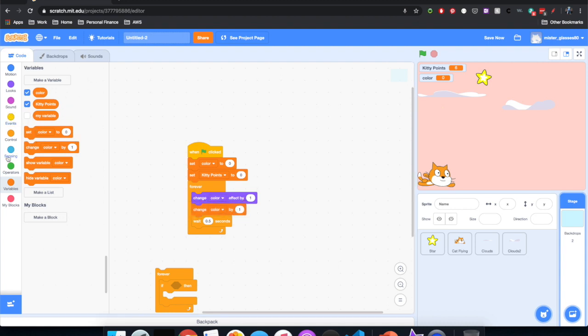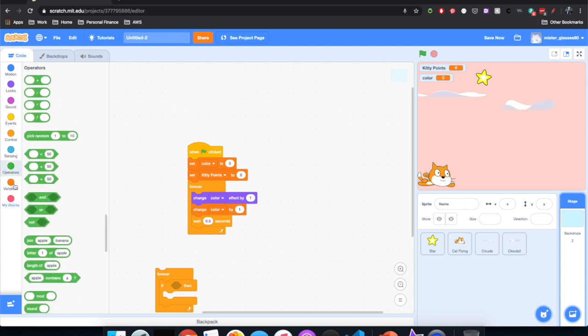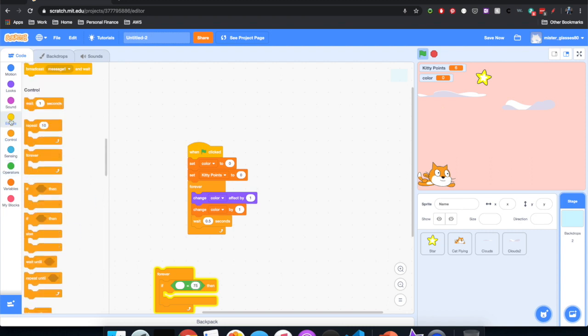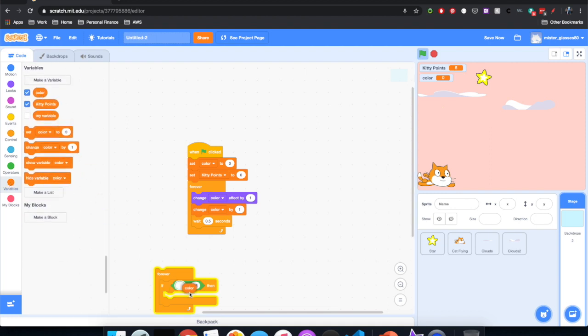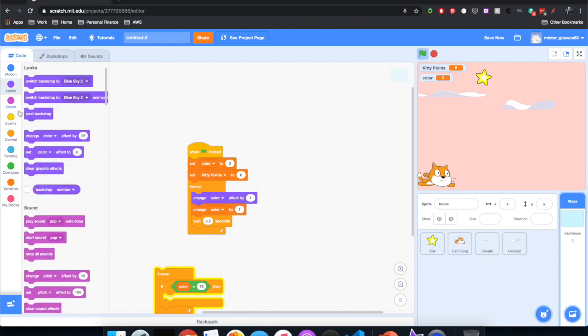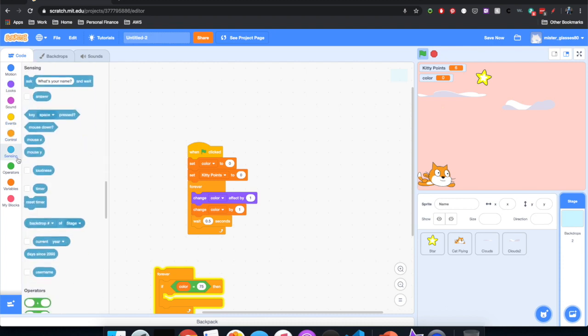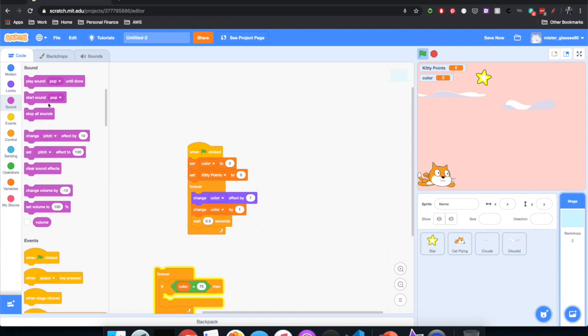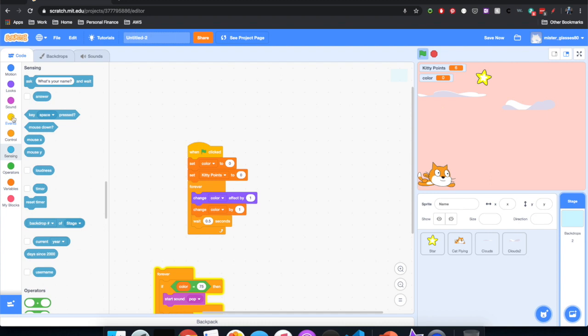And equals 75. Then say we're going to make it have a pop sound. And